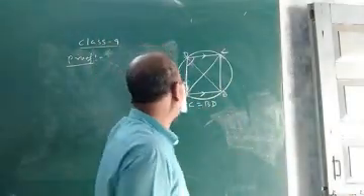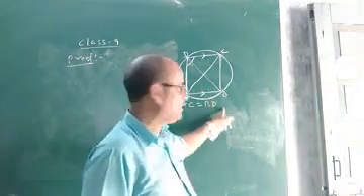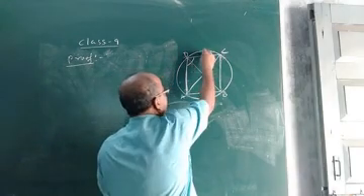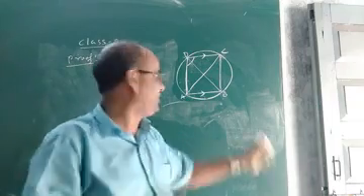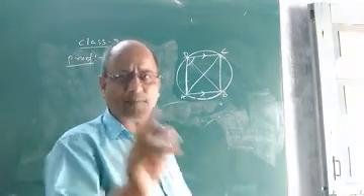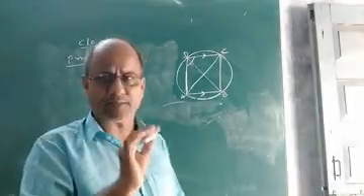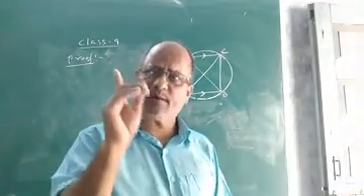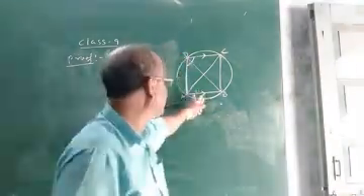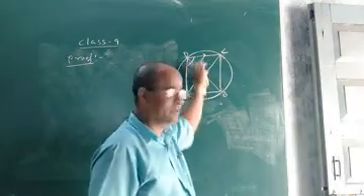What is that property? Suppose you are given a cyclic quadrilateral ABCD. I have drawn the figure. Suppose you are given a cyclic quadrilateral ABCD in which AB and DC are parallel. So, in a cyclic quadrilateral, if one pair of opposite sides is parallel, then it will become a cyclic trapezium. No doubt, because you know what a trapezium is. A trapezium is a quadrilateral in which one pair of opposite sides is parallel and the other pair is non-parallel.